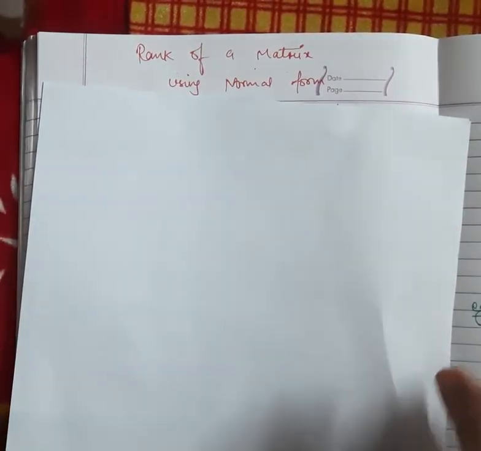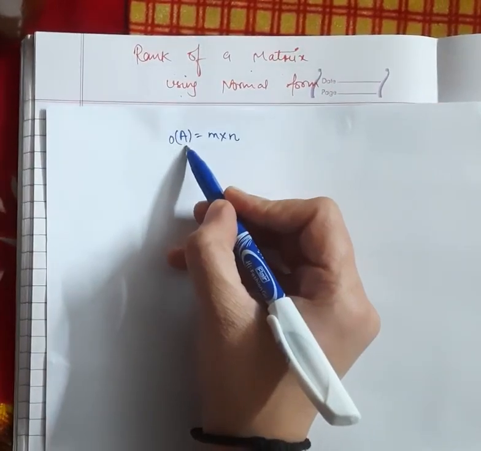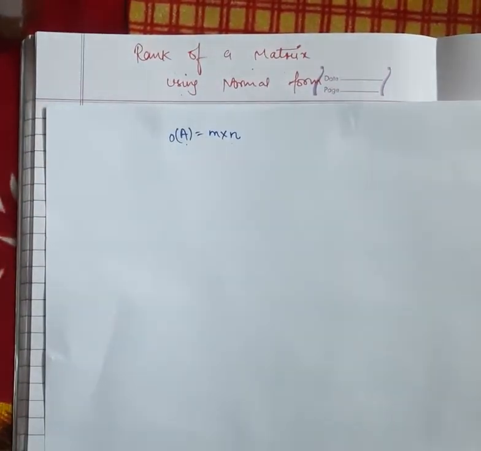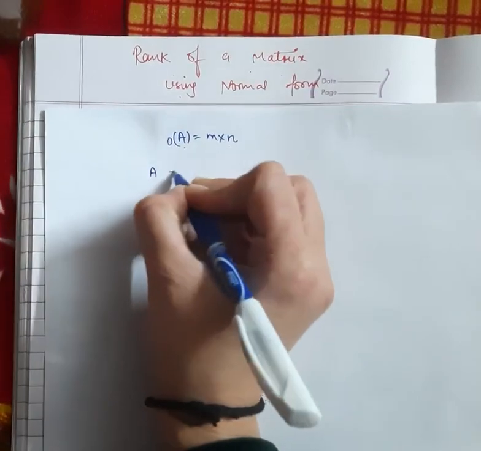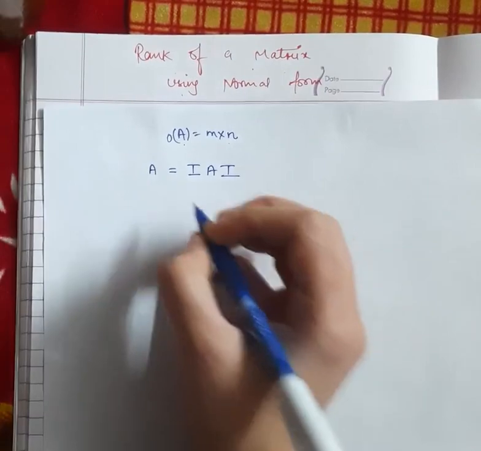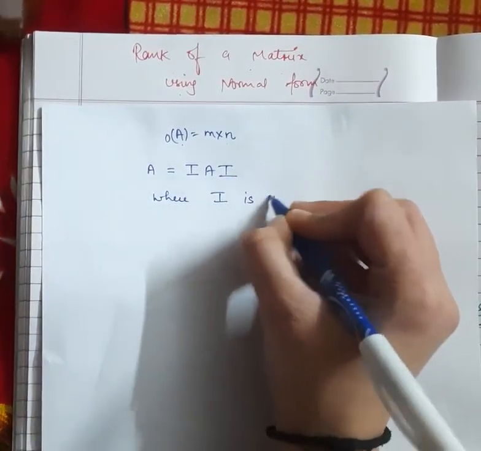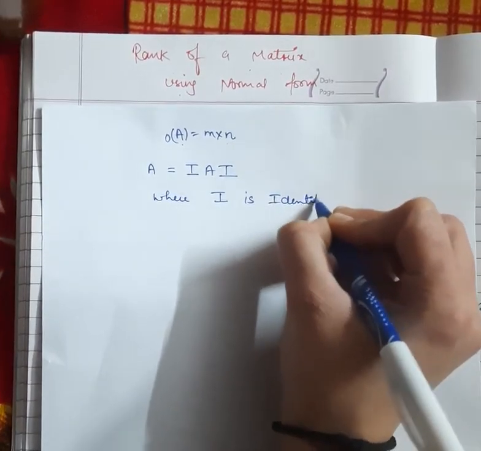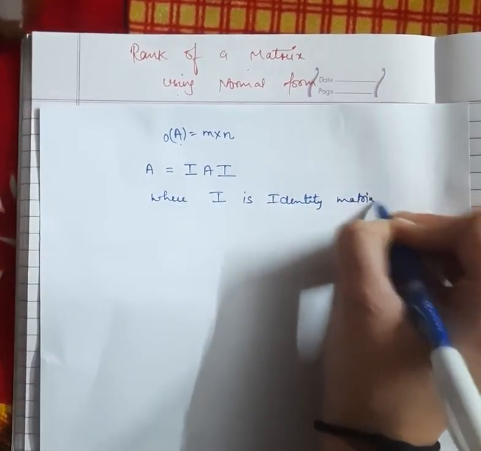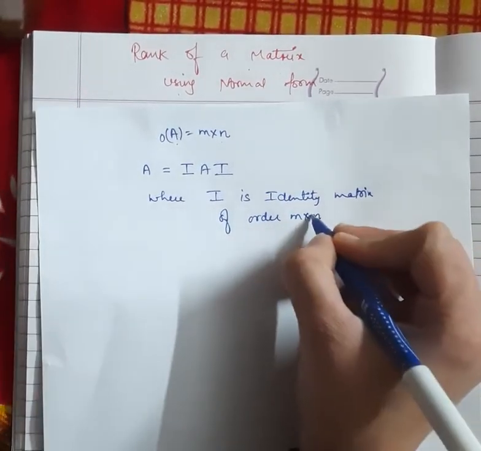Hello students, today we are going to learn to find the rank of a matrix using normal form. For that, let us consider a matrix A given to us whose order is m cross n. Now what we will do, we will write this matrix A as IAI, where I is an identity matrix of order m cross m,